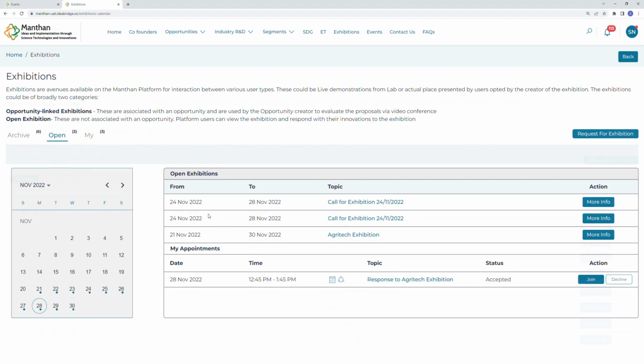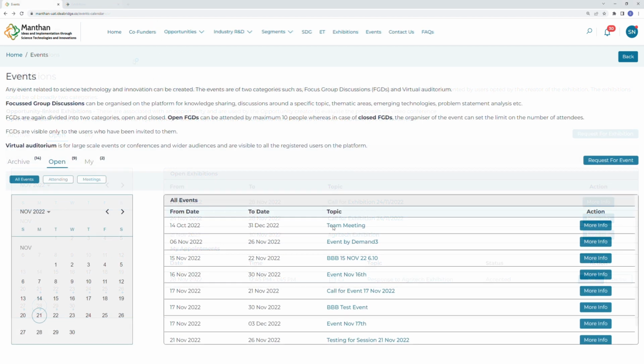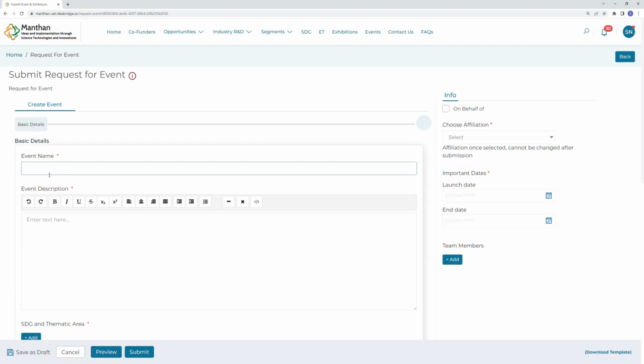Interested in creating an event? That's possible too. Demand-side users can click on the Events page to view and create a request. They need to fill up the request form by clicking on the Request for Event form on the Events page. This form contains various details like the event name, description, and its key